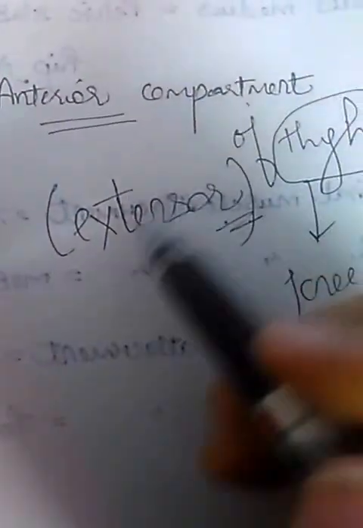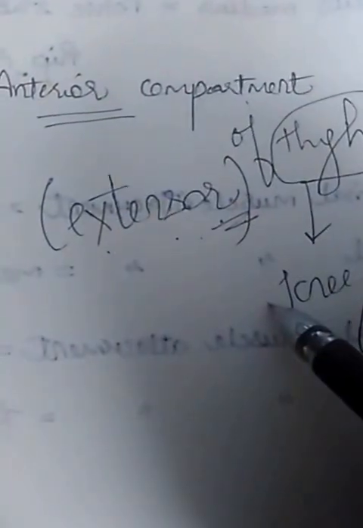Okay, next topic is anterior compartment. It's not a topic, it is just related to the quiz. The anterior compartment of thigh is also called the extensor compartment. Now don't confuse it. This is the extensor compartment of thigh in relation to knee joint. That's why we are calling the anterior compartment of thigh the extensor of knee joint.